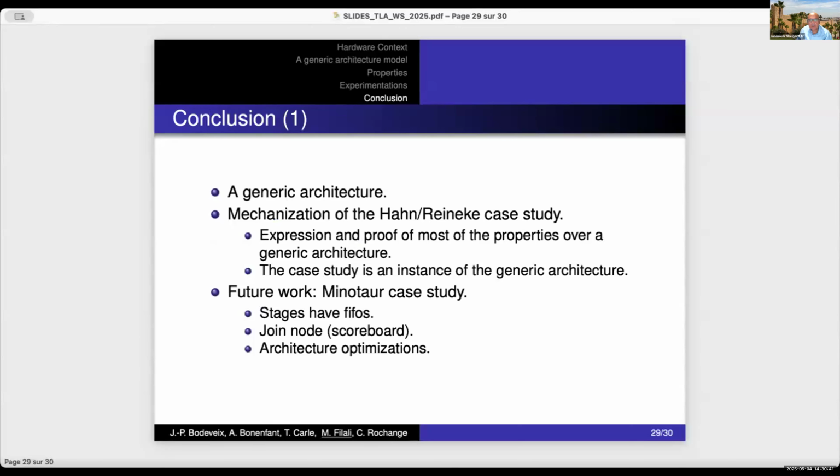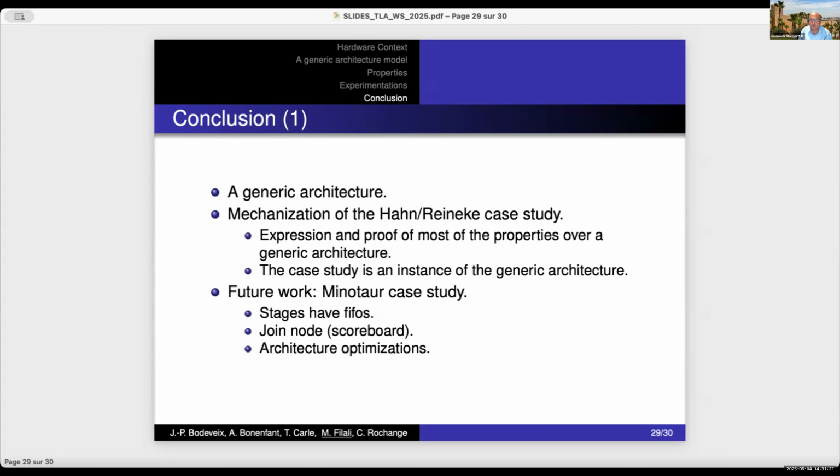To conclude, what I have presented is a generic architecture. It is generic in the sense that we have a general graph and we have general hypotheses about the instructions that execute over this graph. We have mainly considered the mechanization of a known case study, the so-called Hahn-Reinecke case study. We have expressed its properties, and we have tried to express this case study as an instance of the generic